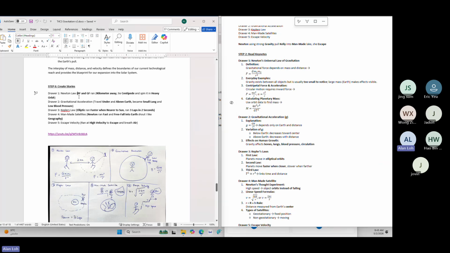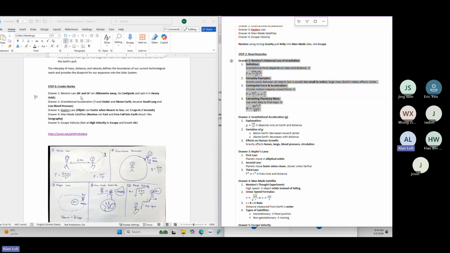I hope this story is able to help you remember some key points related to this drawer. This is my story. I have to start somewhere so that you can see how this study method works. If you have your own story, when you are an expert in building stories, then by all means build a story that is relevant to you, to help you remember the key points in this drawer.